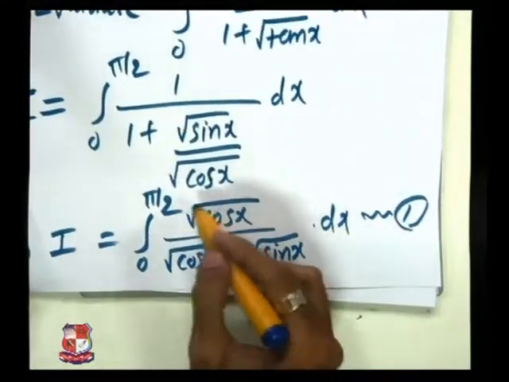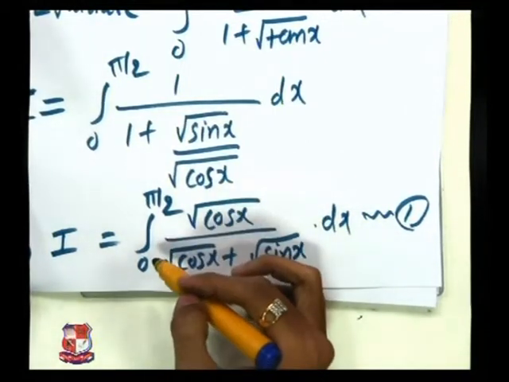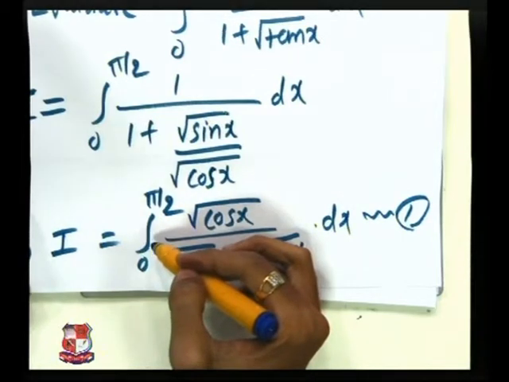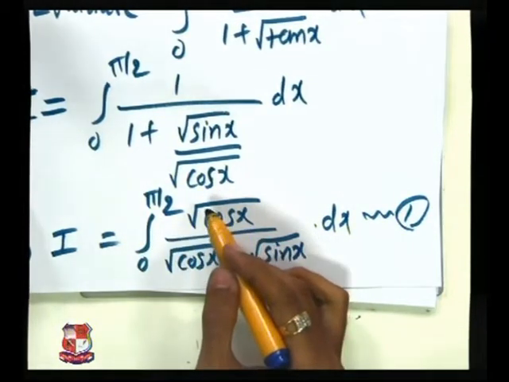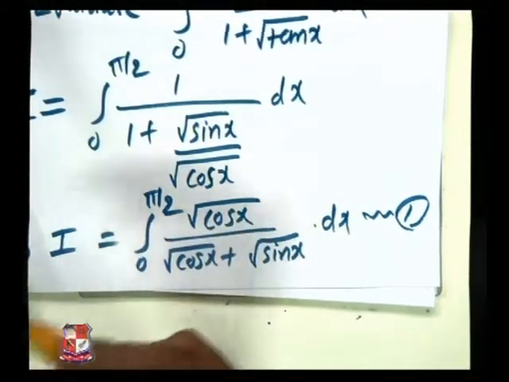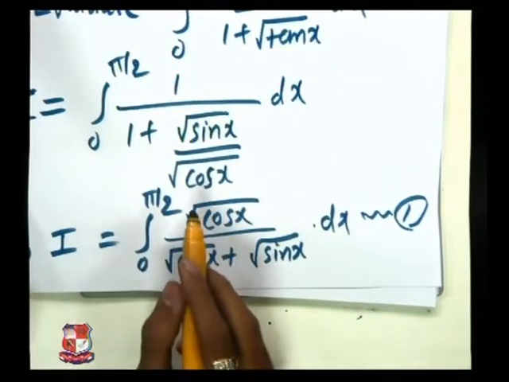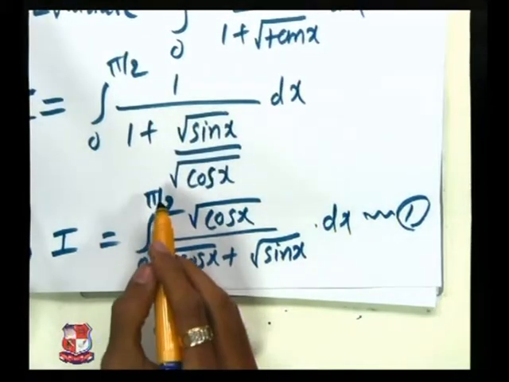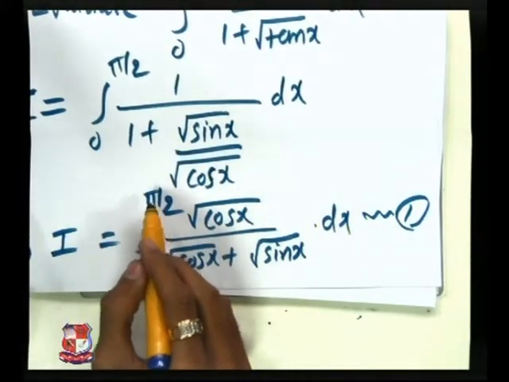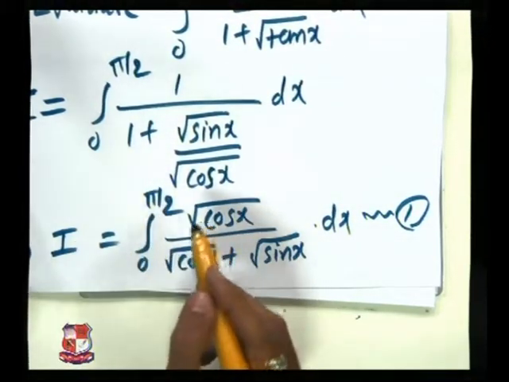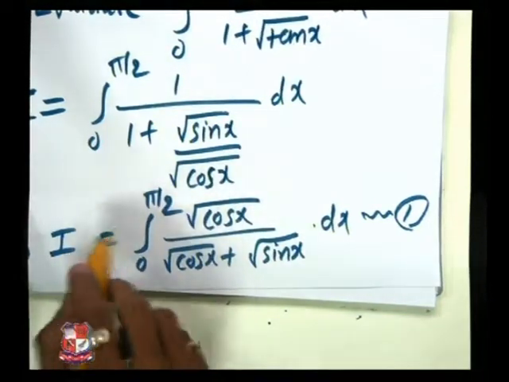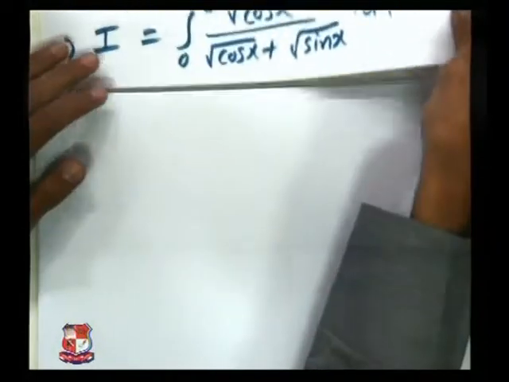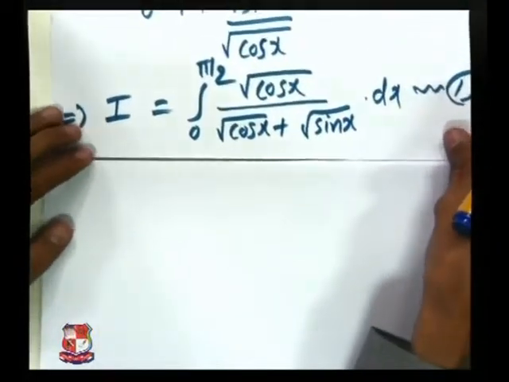Now this function is continuous in the interval 0 to pi by 2, so we can apply the rule that f of x is equal to f of a minus x if f is continuous in the interval 0 to a. Here a is equal to pi by 2, so I can write f of a minus x, that is equal to the function of pi by 2 minus x. That means using that formula I will get this I is equal to,